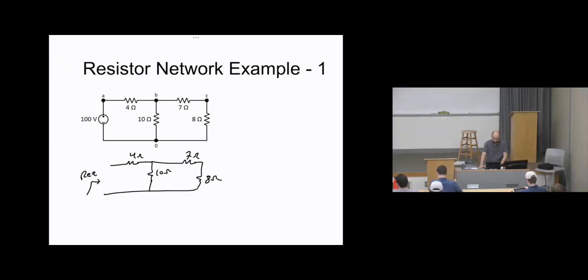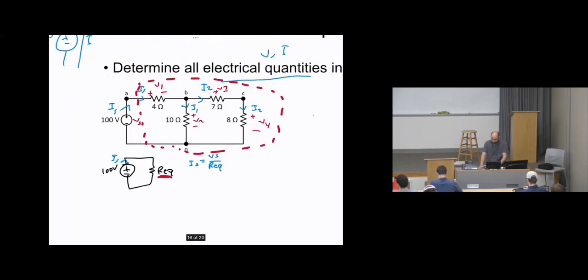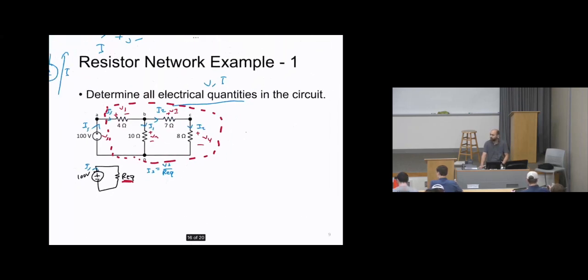Let's continue on our example that we started last lecture. So last lecture we said we need to determine all of the electrical quantities in this circuit, and we mean by the electrical quantities all of the voltages and all of the currents. So the first step, we need to label all of the current directions and voltage polarities, and we already know